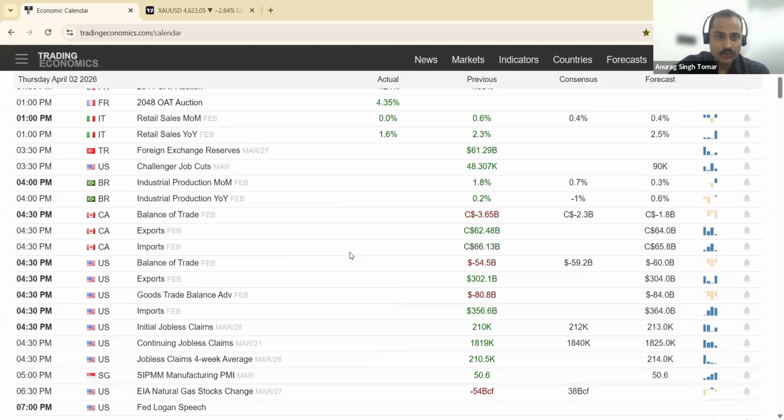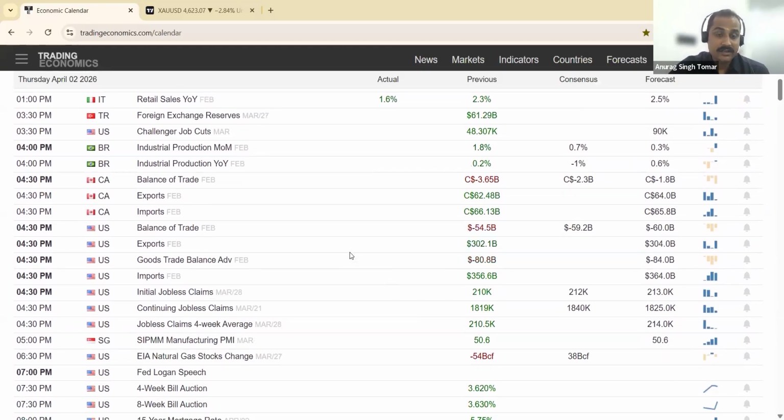Now let's come to the data which are still pending to be released. Turkey, right? Although we don't trade the Turkish lira, Turkey is playing a very important role, especially in the current price movement of gold, the free fall in gold. Then comes Russia. Both these countries are continuously selling their gold reserves, right?